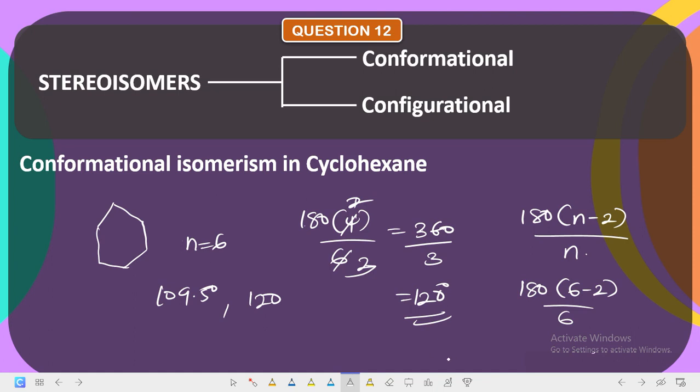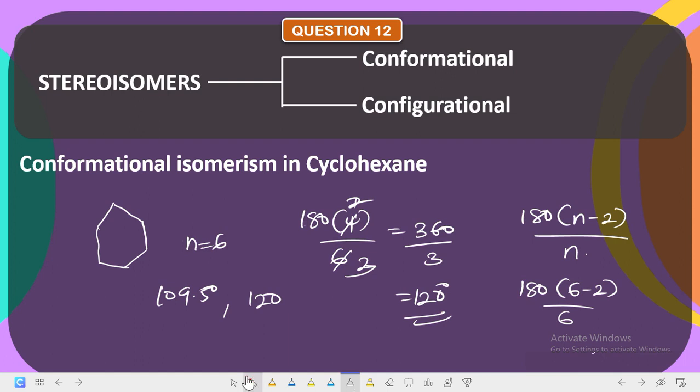So there will be angular strain. But cyclohexane has a way of actually arranging itself in two forms, most especially the boat and the chair form. The chair form is more stable than the boat form. Now when it arranges itself in the chair form, it arranges in such a way that the bond angles now assume that of 109.5. And most of the molecules that we talk about in chemistry, pharmaceutical chemistry and every other thing, they are usually